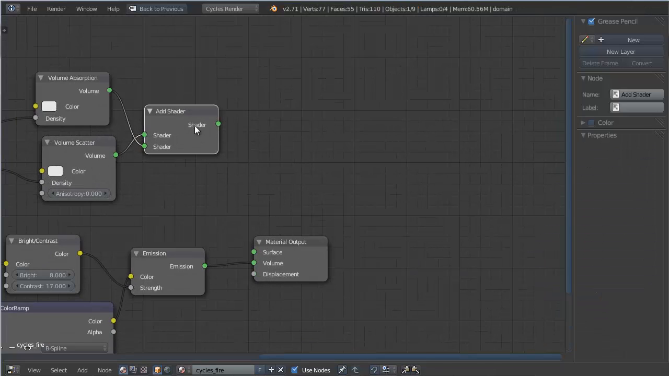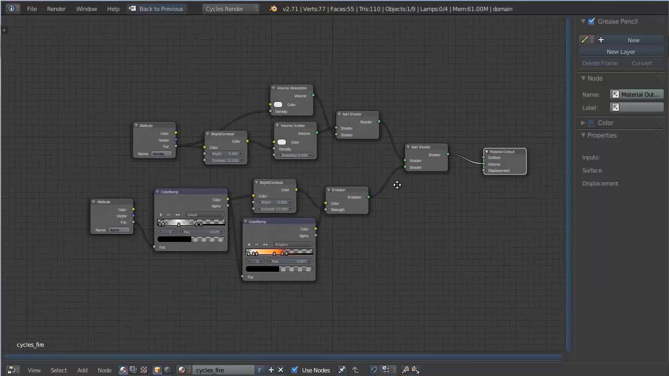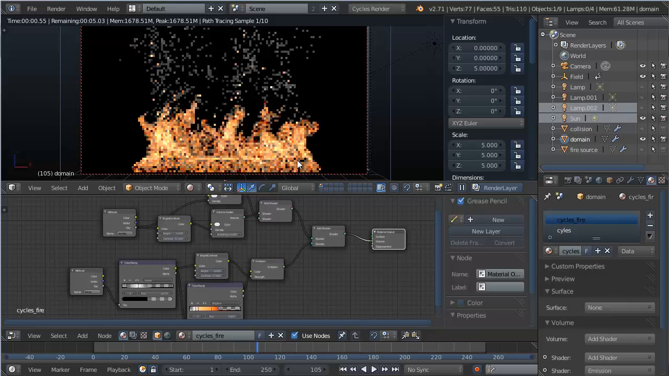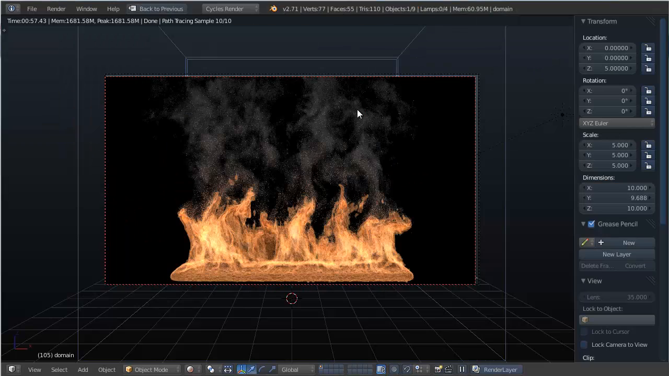Okay, so to add in the smoke, we just need to duplicate this add shader, like so. Connect it into the volume and just put the smoke and the fire in like that. And then we get something looking like this, and this will take a while, so I'm just going to pause the video and let it render. Okay, so this is what we've got at the end,